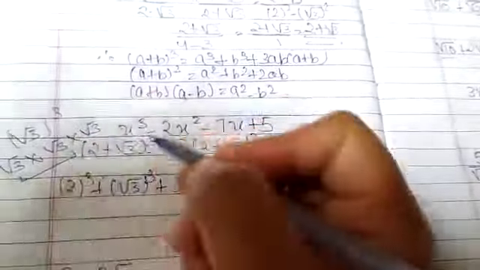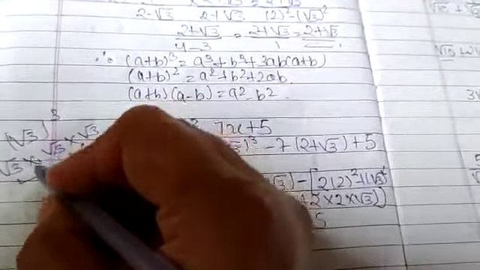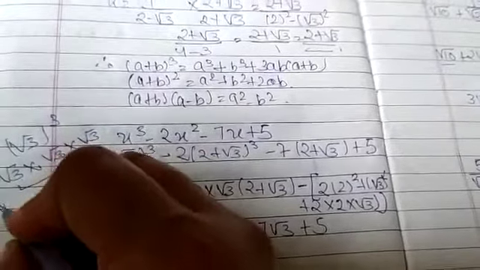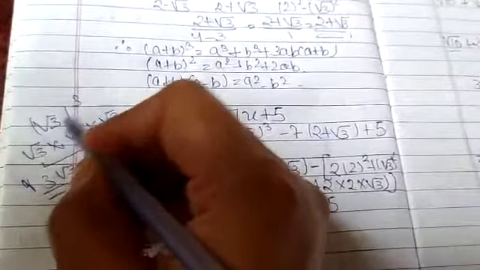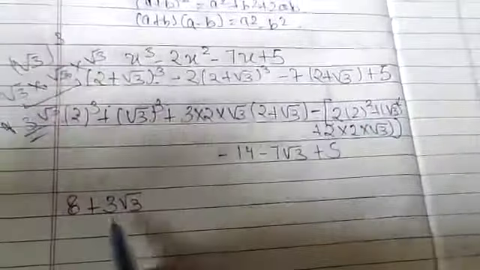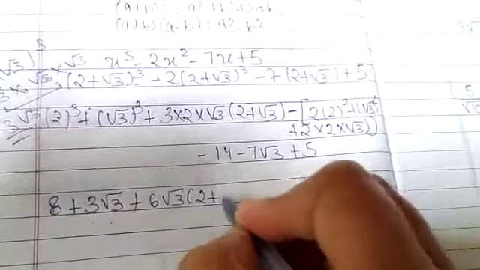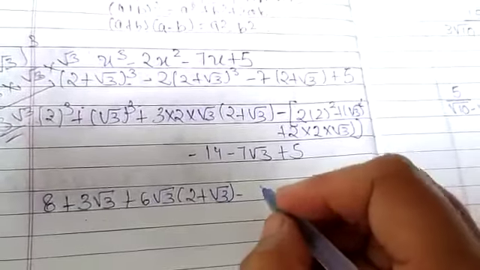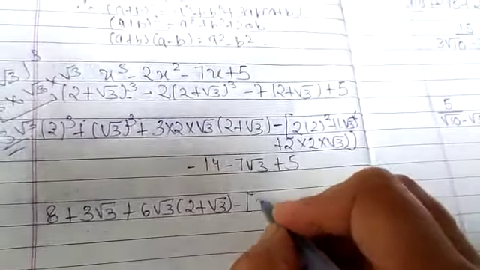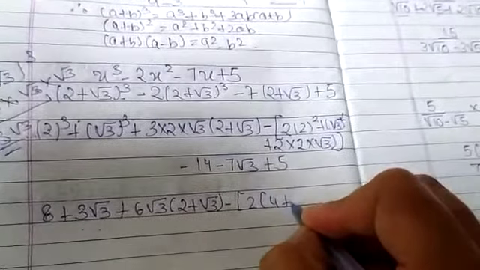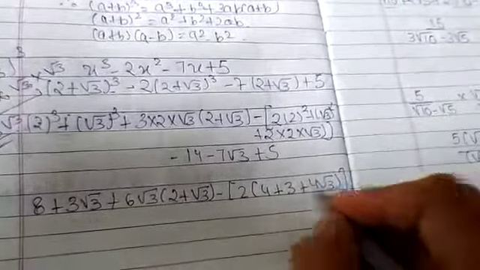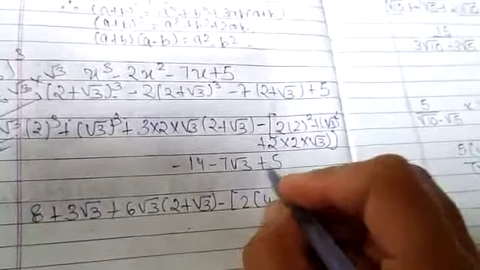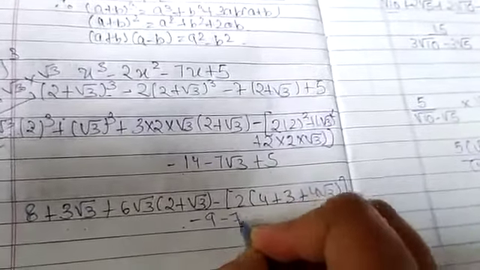And I told you if the powers of surds are the same, then you can multiply those digits. So under root 3 into under root 3 will be 3, and this under root 3 will be left alone. So under root 3 whole cube will be equal to 3 under root 3, correct? This I have written over here, plus 3 twos are 6, 6 under root 3 and (2 plus under root 3) minus. Now let us start the inside one. So this is 2 and 2 twos are 4, under root 3 square will be 3, plus 2 twos are 4, 4 root 3, correct? I hope it is clear. Minus 14 and plus 5, you can solve it. Minus 9 minus 7 root 3.